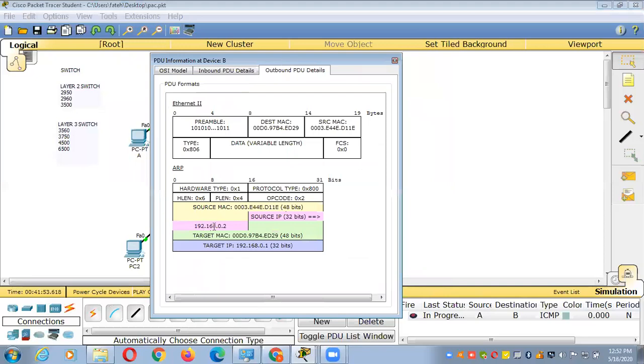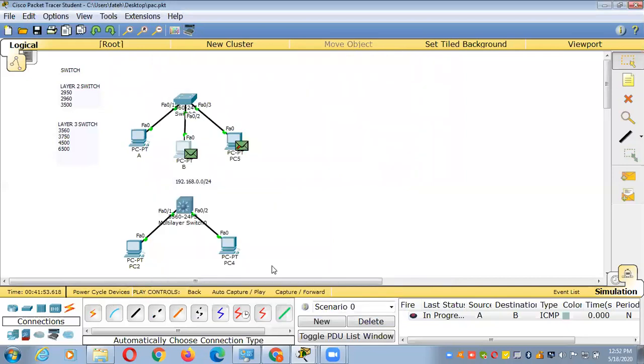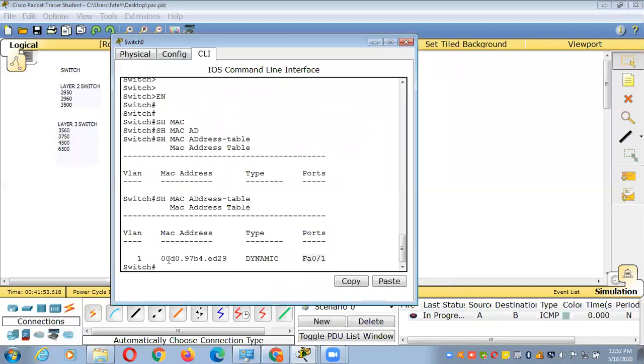The source IP will be 192.168.0.2. The source MAC address will be system B's MAC address. And this is the computer A IP address and computer A MAC address. So currently your switch has only one MAC address here.